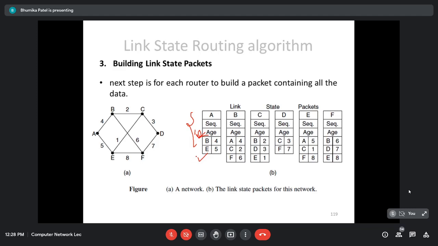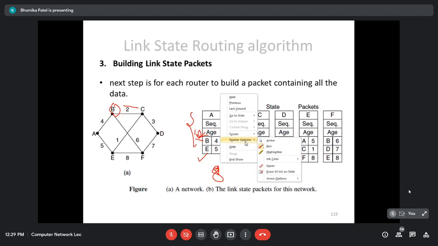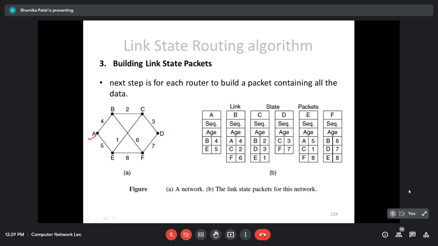As soon as the first packet is sent, age is 10. Next when it reaches here, it will be decremented by 1, that will be now 9. Then it will be sent to C, so it will be 8. It will be decremented by 1 every time the packet is passed to the next router, or you can say every second the age of this packet is going to be decremented. Once it hits 0, the age becomes 0, it will be discarded from the router. The information will be discarded from this particular router.